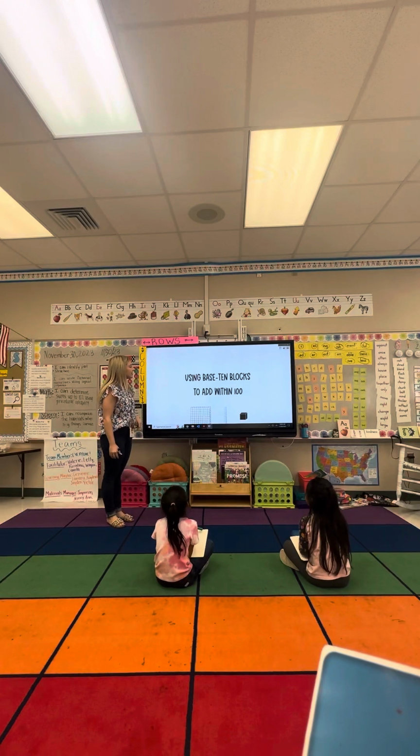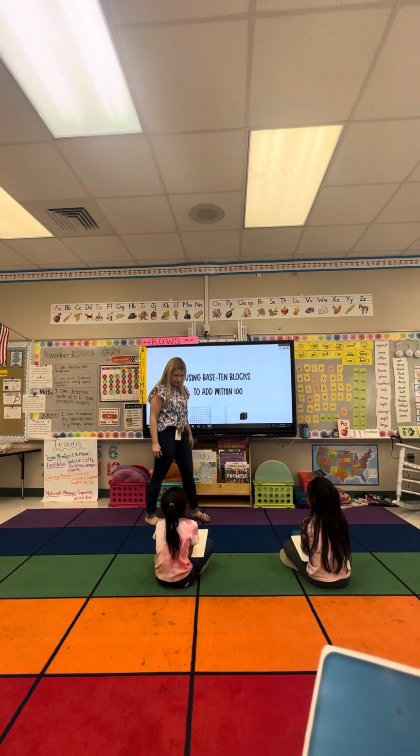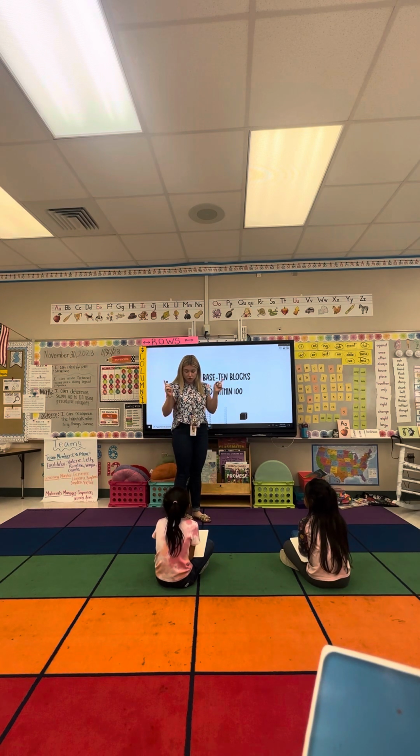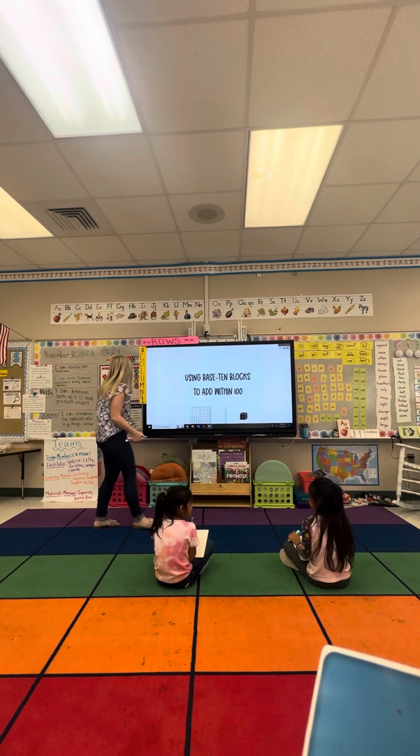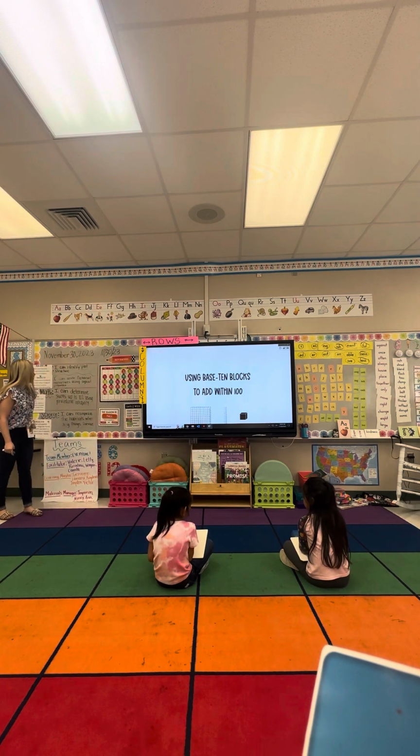Okay, today our lesson is using base 10 blocks to add within 100. So we've practiced adding with numbers up to 20. Today, it's our new challenge. We get to add up to 100. So do you have your manipulatives, your base 10 blocks, and you have your whiteboard and your marker? Yes. Perfect. Before we start, we're gonna go over our